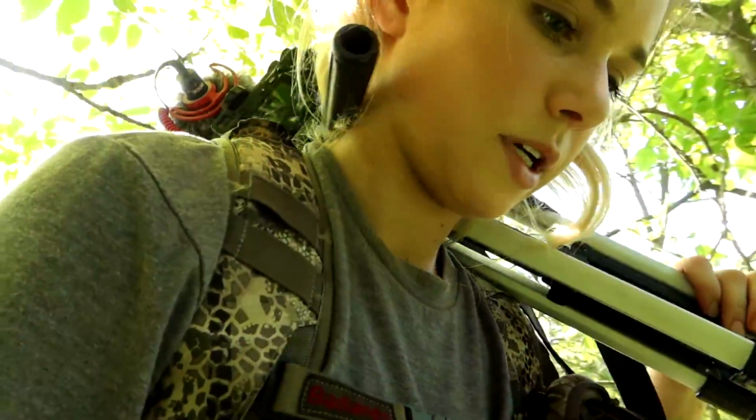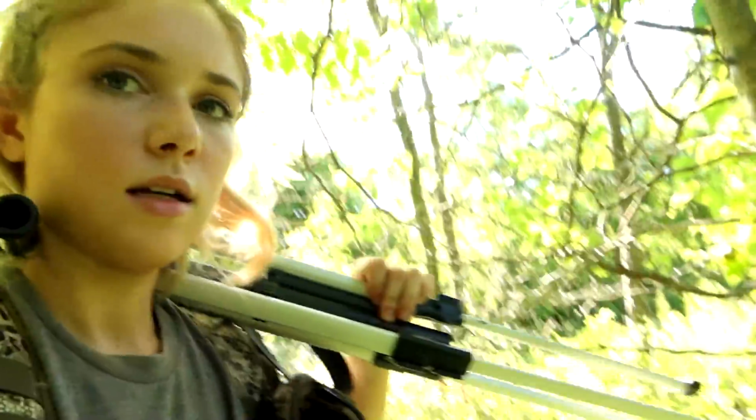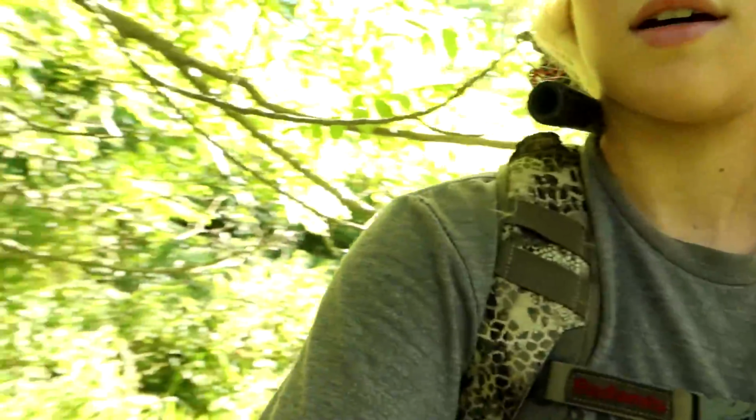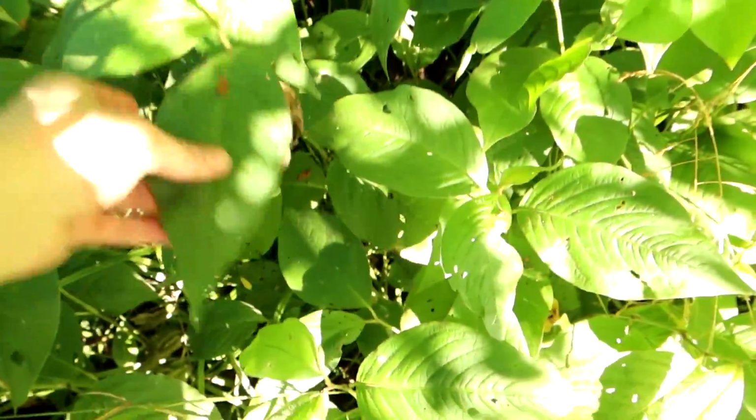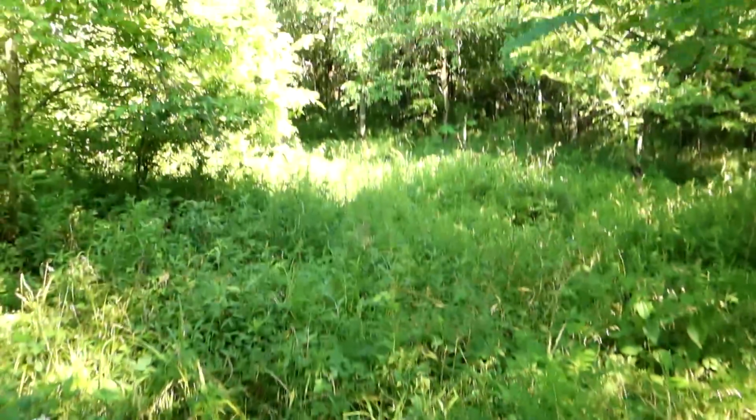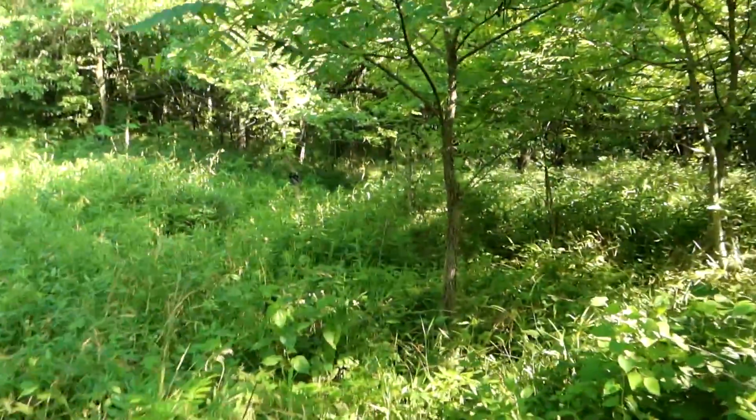So I'm pretty much set for today. Walking back to my car. And in the middle of all the woods, I come across this. Now, first glance, I'm like, are these soybeans? Maybe not, maybe not. Okay, it's fine. Walking. And then, oh, it's pretty cleared out here. And then,